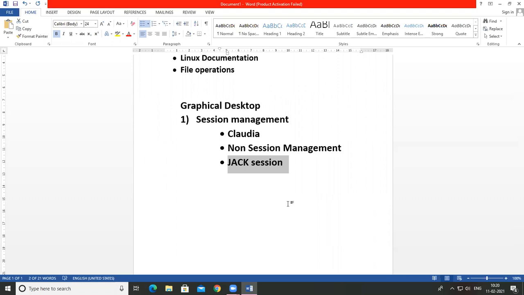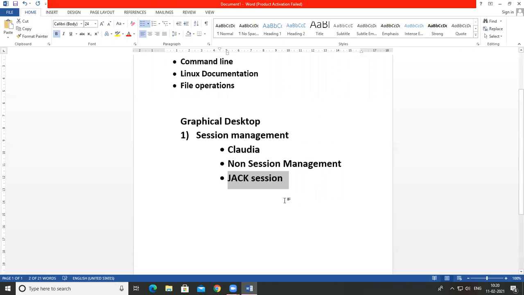Okay, so it is not compatible with other session management protocols. So it only supports their own session management protocols. So these are the session management applications, that is Claudia, non-session management, Jack Session. And there are other different session management tools also available. Okay, so this is the session management.